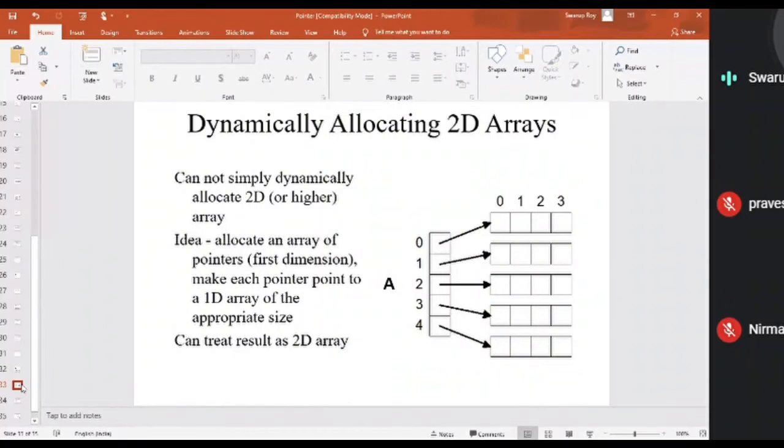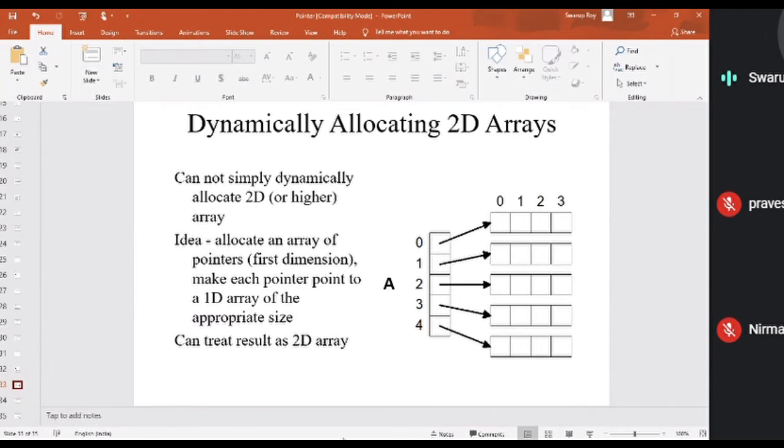So now, as I have said, I'll show you some programs after completing that. As I have discussed, like array of pointers. Array of pointers, as I have said once, you can store the address of any other pointer. We have seen how to declare a 1D array using dynamic memory allocation.